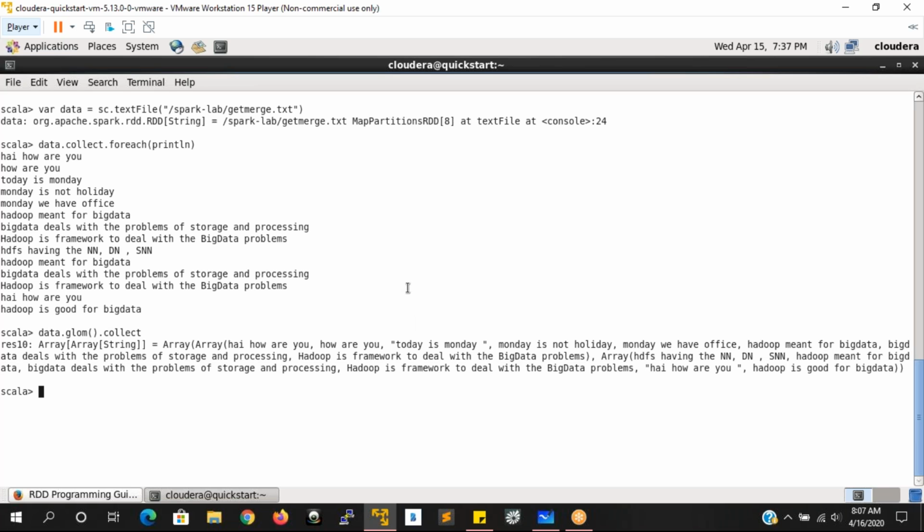I am going to apply a filter here, where d1 is equal to data.filter(x => x.endsWith(...)). I'm going for one condition, that is endsWith, I'm going to say big data. Now you tell me, what is the output you are going to see?